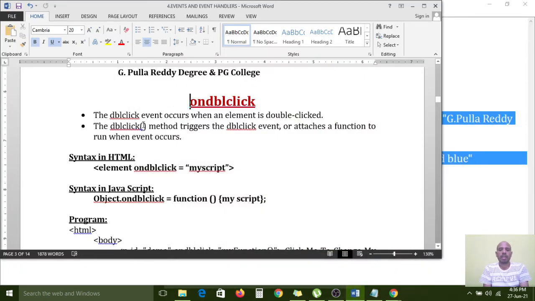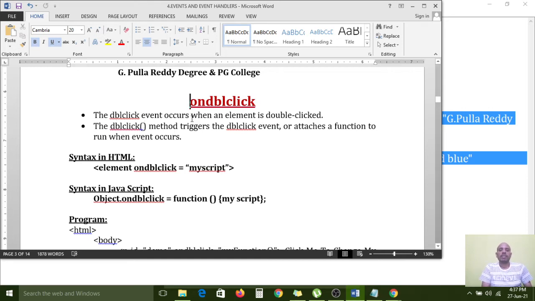Where do we have to use onDblClick? Till now we have used single clicks. The onClick event will execute only with a single click of the mouse. Am I correct or not? But onDblClick means that, instead of a single click, we give a double click with the mouse. Then only the event will trigger the appropriate action.